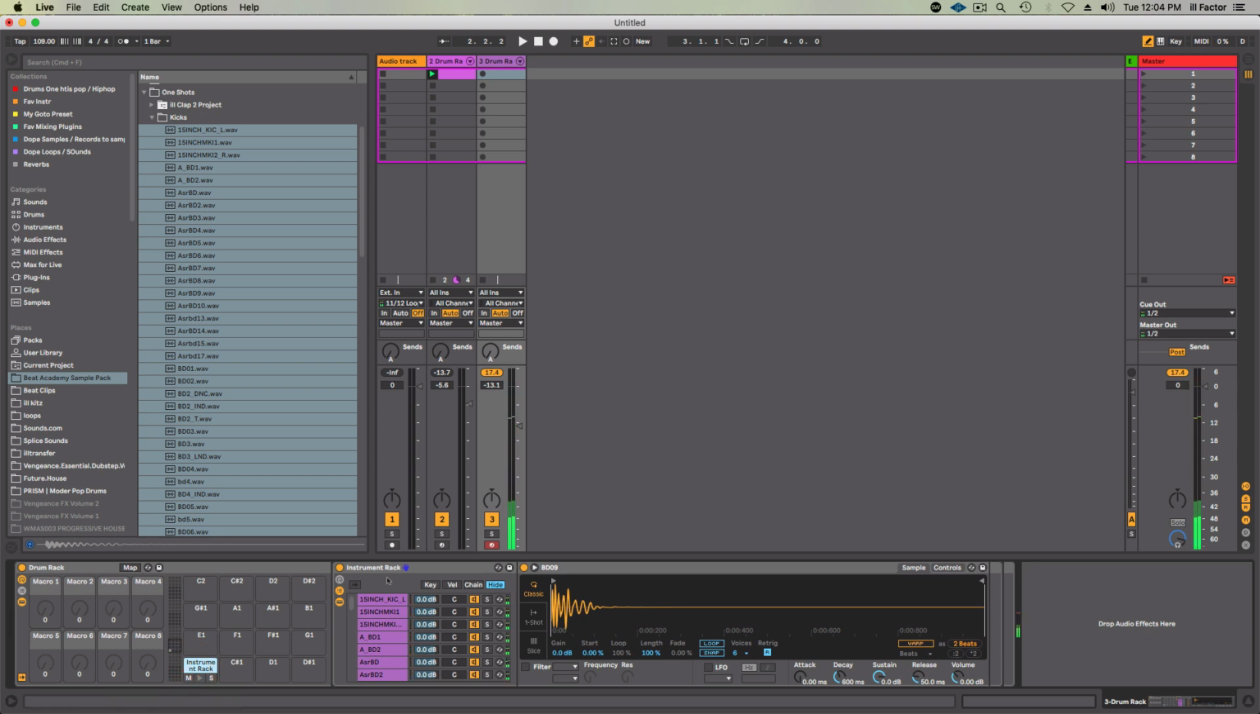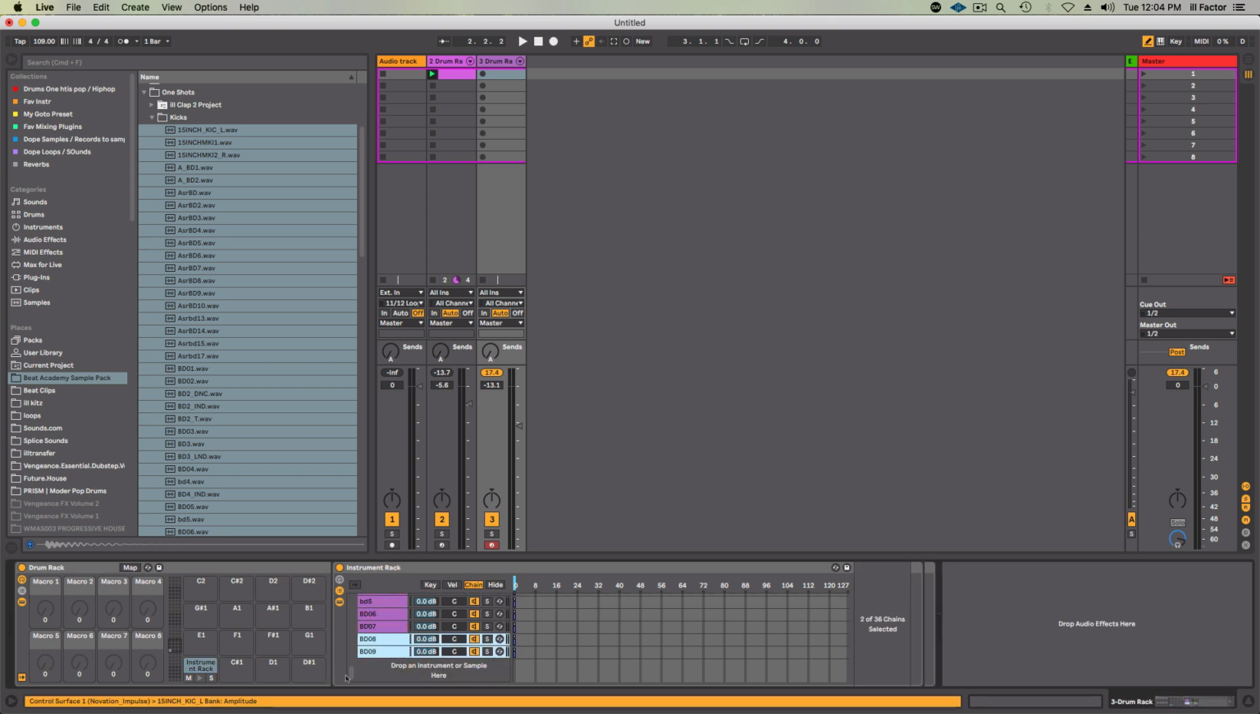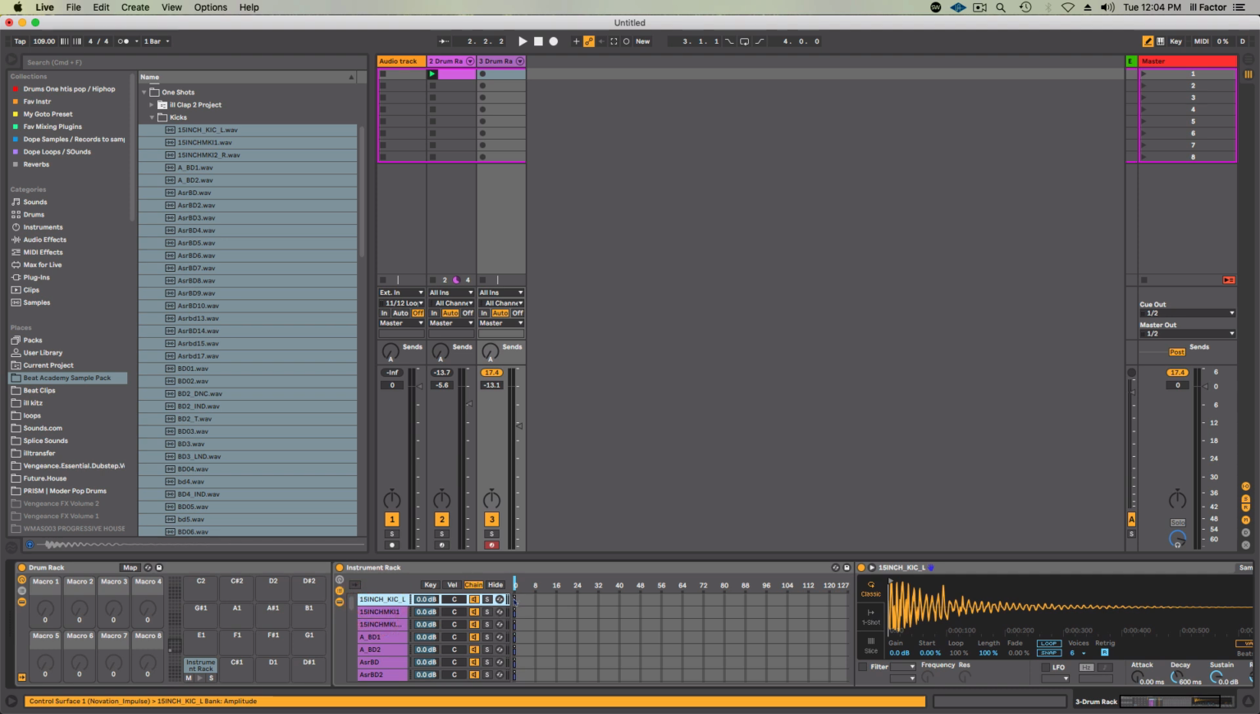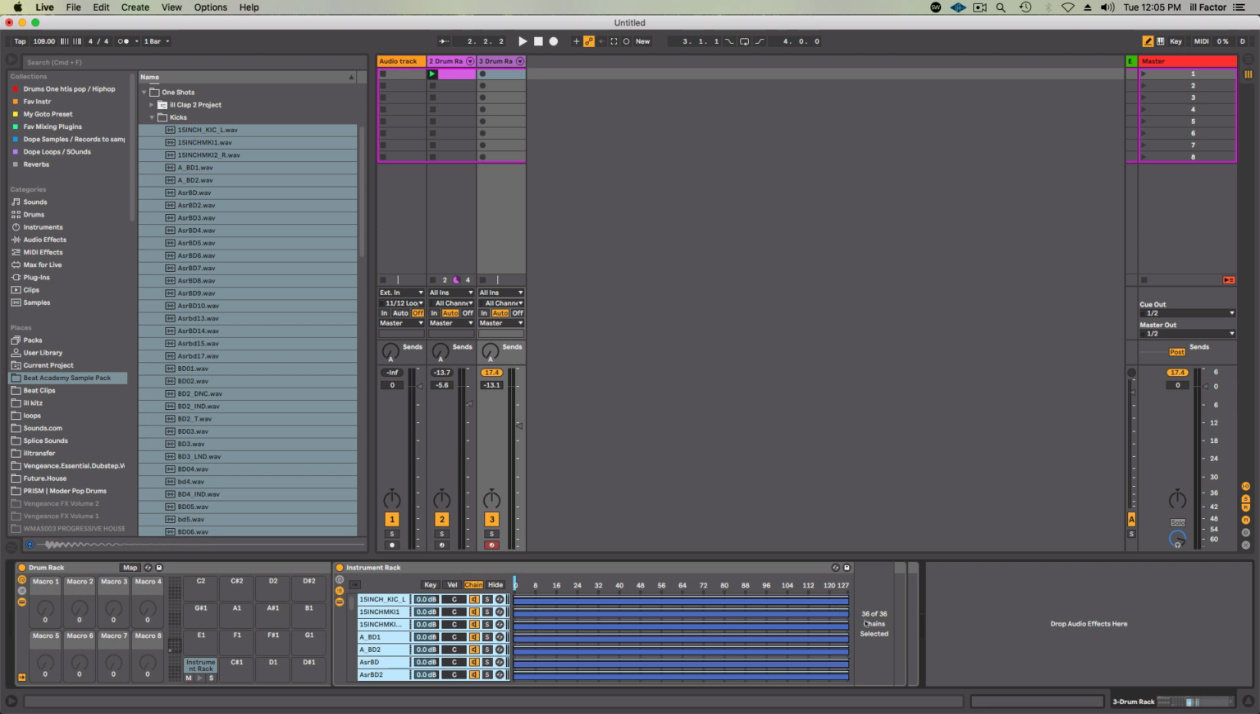So there you go. But what we want to do is now be able to selectively choose the kick that we want to be heard. So let's go over here to the chain and select all of them. Just hold shift and select all the samples that are there, or Command A, and then spread the chain all the way to the right